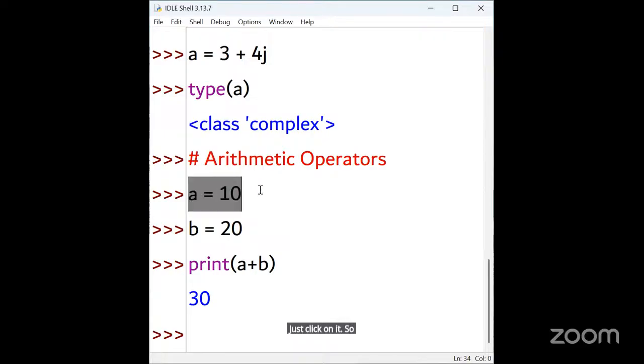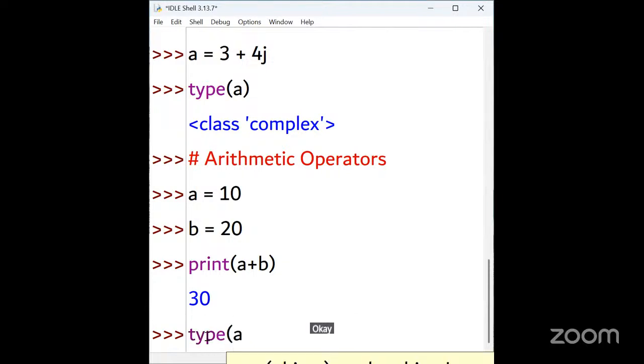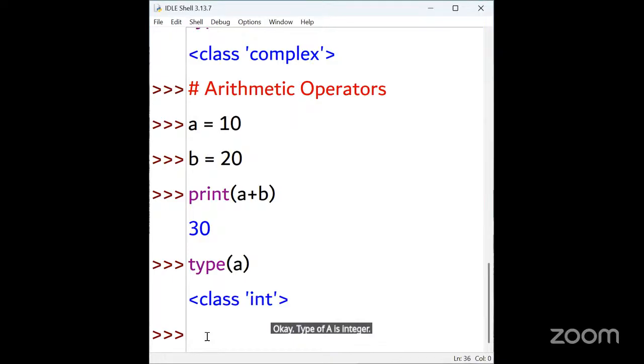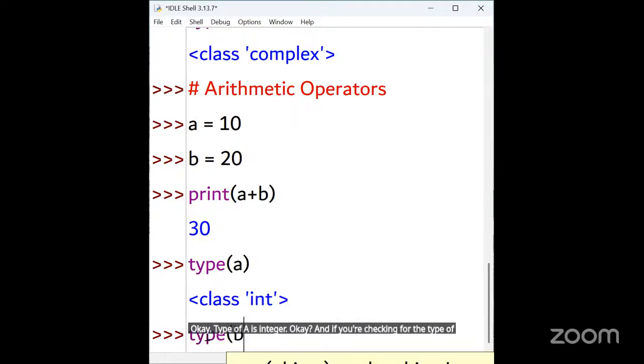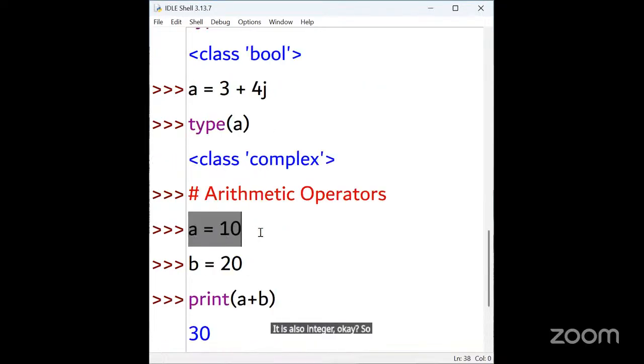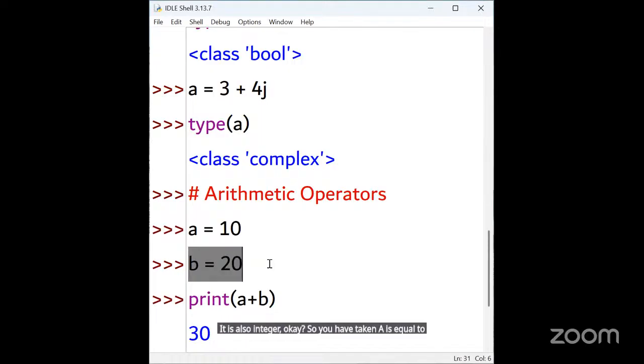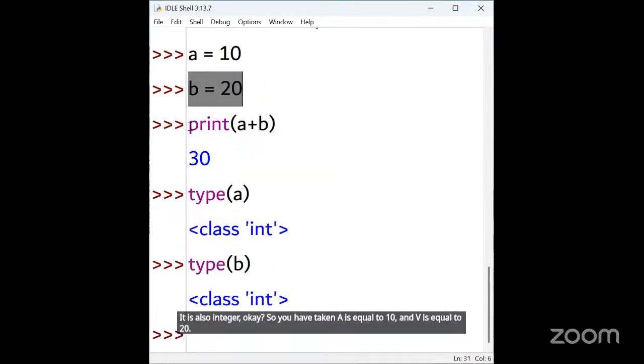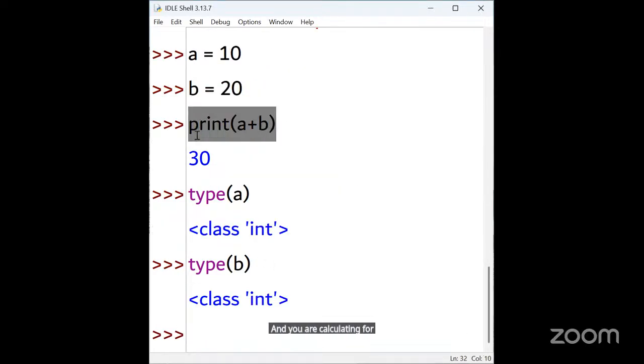So I have assigned A is equal to 10. Now if you want to check the type of A, it is integer. And if you check the type of B, it is also integer. So you have taken A is equal to 10 and B is equal to 20 and you are calculating print A plus B. So 10 plus 20, the answer is 30.